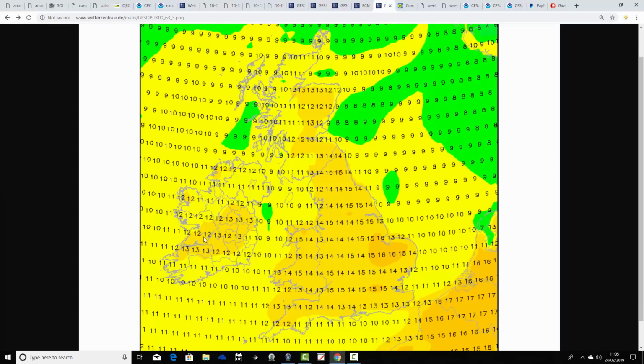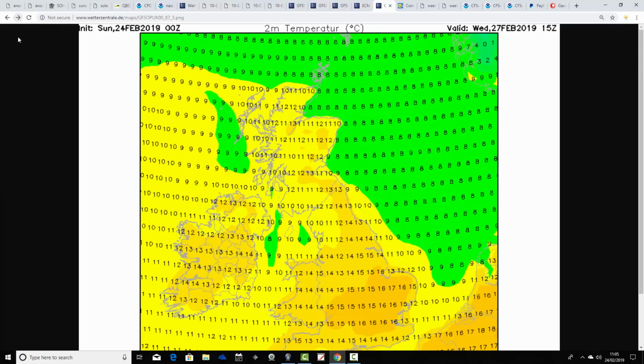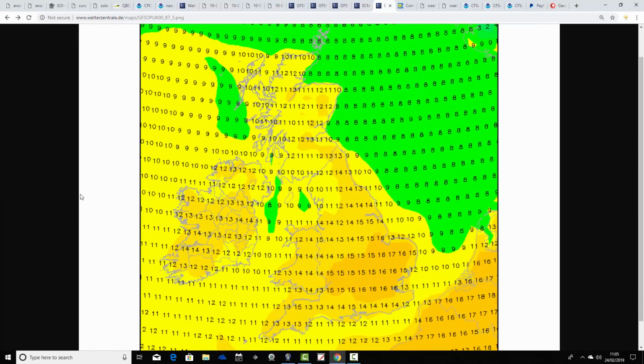That goes on into Tuesday too. It's a little bit cooler across Scotland and Northern Ireland on Tuesday, but for England and Wales, still another really abnormally warm day, and that continues into Wednesday. Now Wednesday we have got 17 being forecast there across East Anglia. If you think that you can add on a couple of degrees, that could get us to 19 degrees across